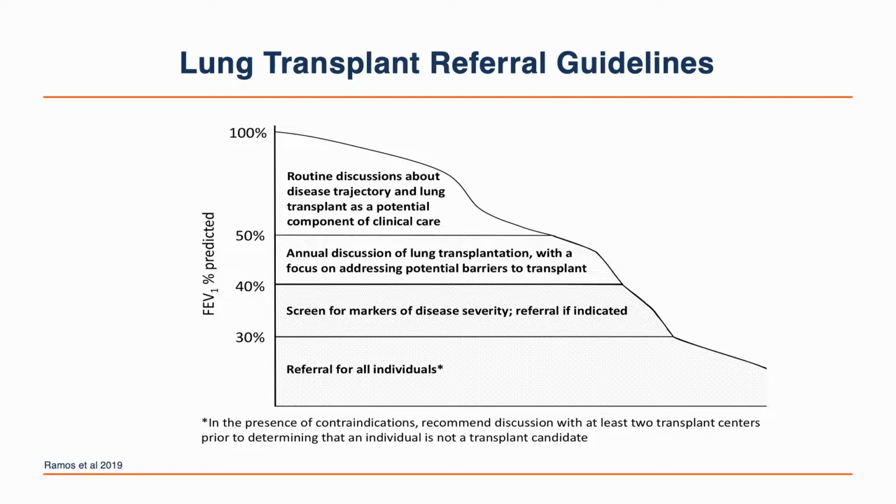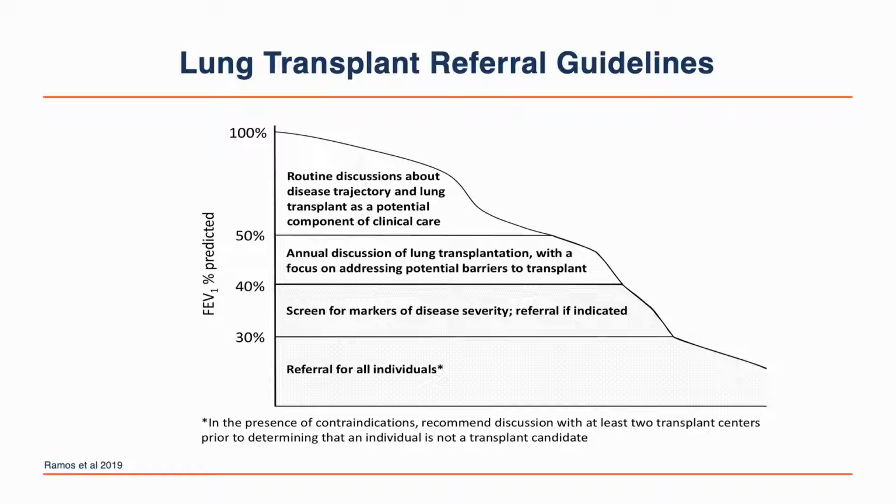So really working hard to address things like control of diabetes if it's present, optimizing nutrition, optimizing muscle function with regular exercise. At FEV1 under 40% predicted, we start screening for markers of disease severity. And if we find other markers of disease severity besides FEV1 less than 40, we recommend that patients get referred